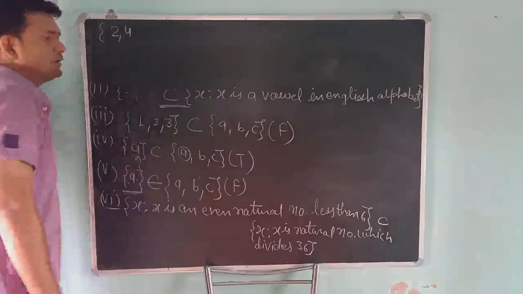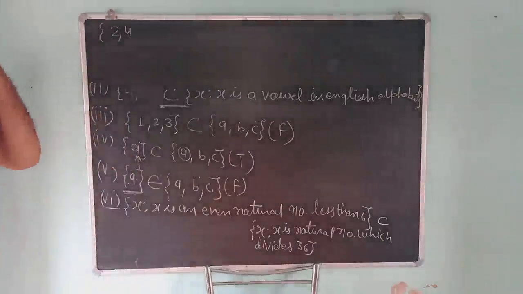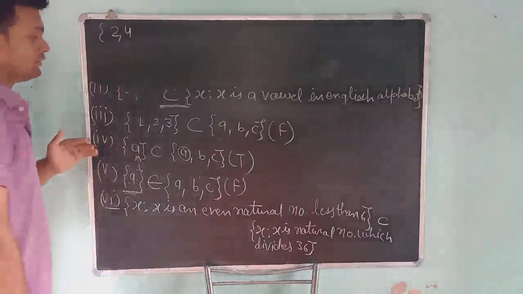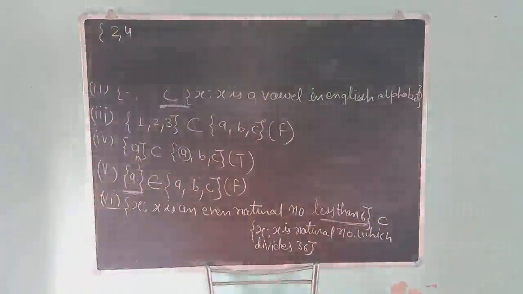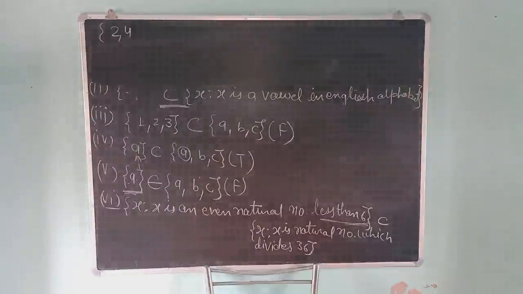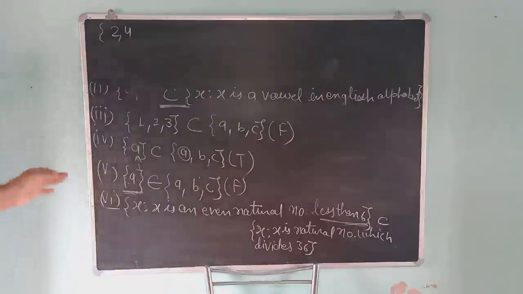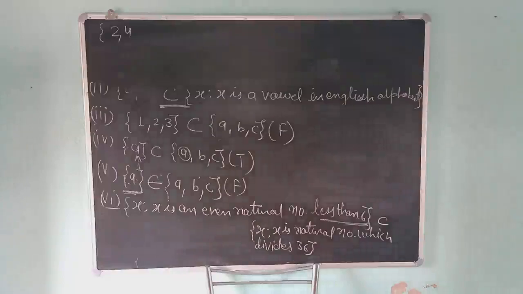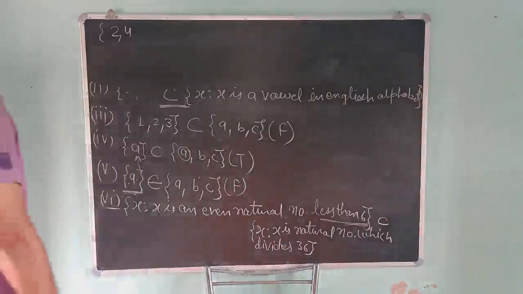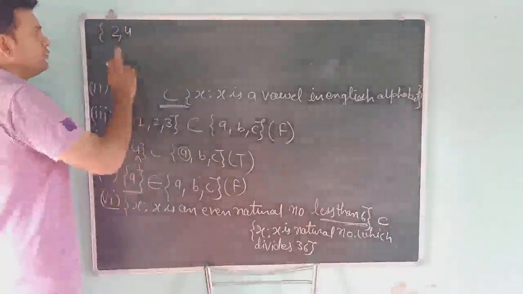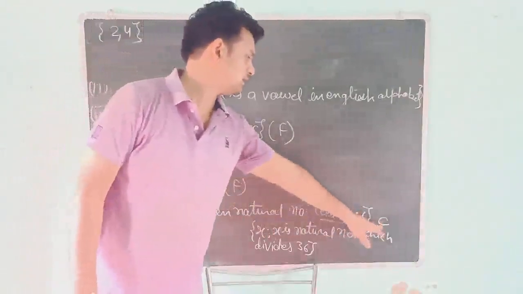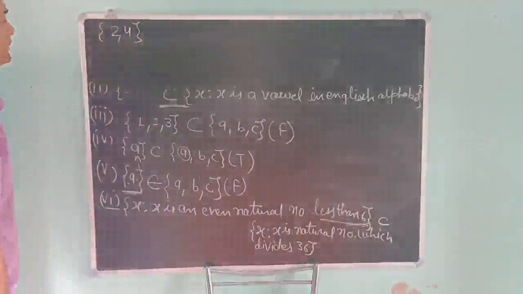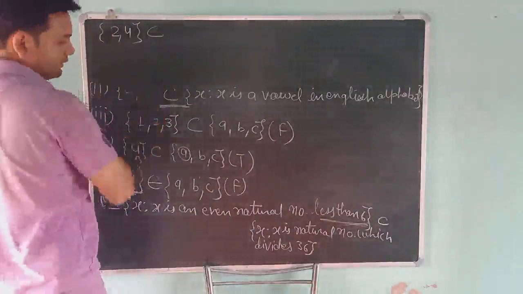This is also an even number and a natural number. And the next even number is 6. But according to the question, it must be less than 6, so we can't take 6. We only take numbers that are even, natural, and less than 6. So here I will take only 2 and 4. And the symbol between these two sets is the subset symbol, so I will use this symbol again.